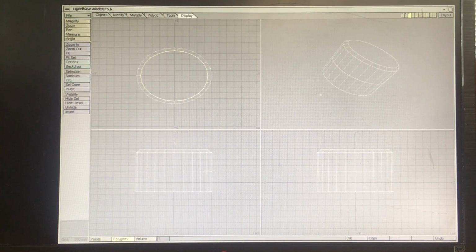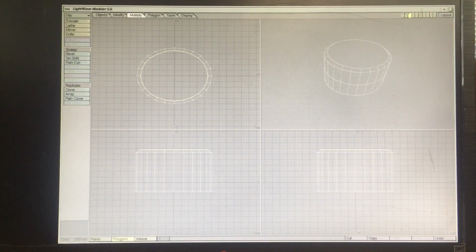Solid. Oh yeah, that's pretty good too. It's a pretty good view. All right, so I want to bevel it again, basically like an extrude inward, but I don't want it to pop back up. I've already got a nice rounded out edge, and so I'm going to go back here to